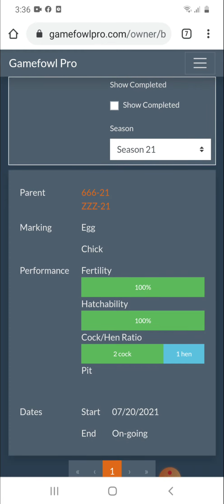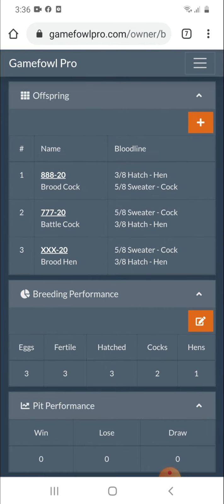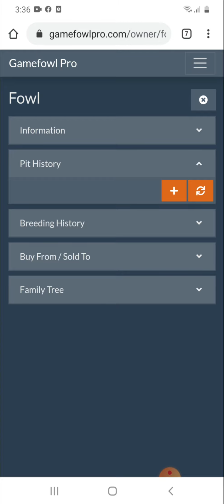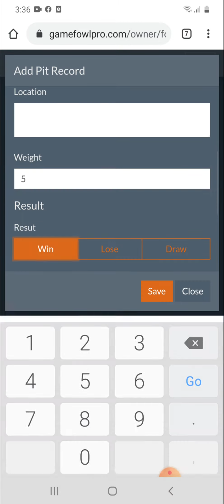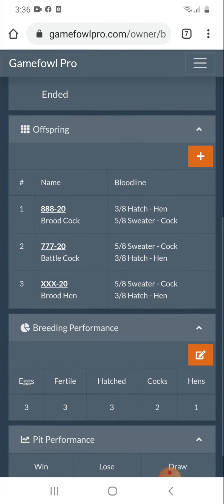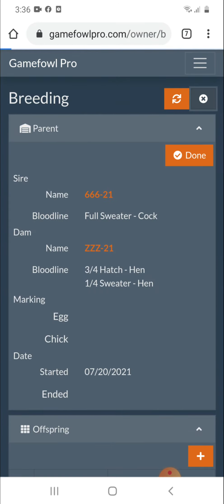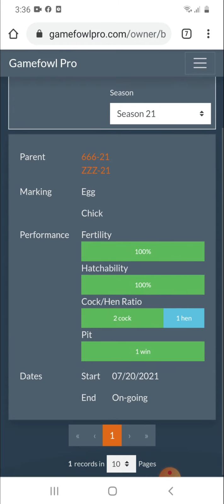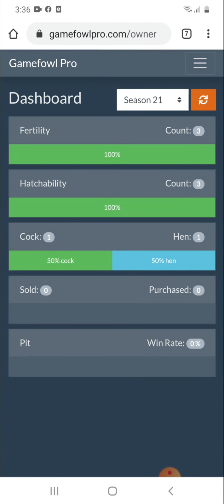And how many pit record? I forgot. So let's add battlecock. Let's say Inabulus. So if we refresh this, one win. Close this, the breeding. We have 1 win. So go to the dashboard. Okay, I think I have an issue with the pit, but